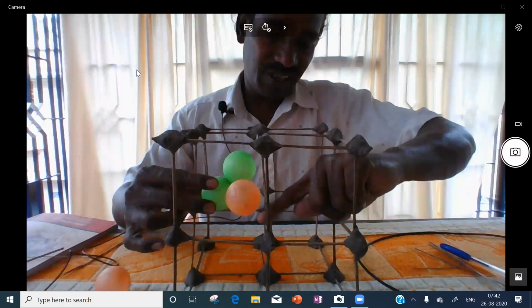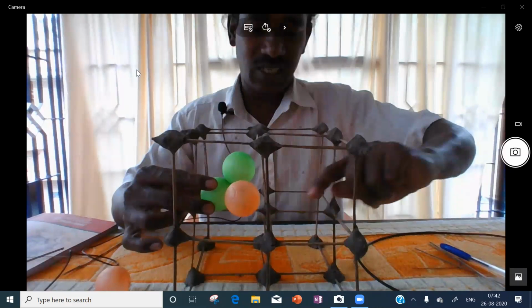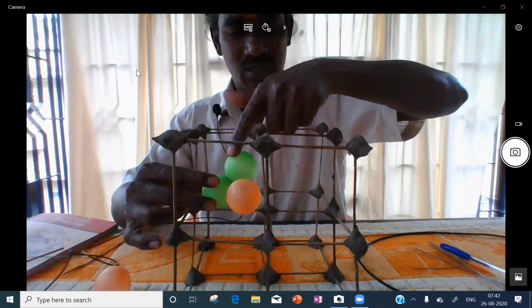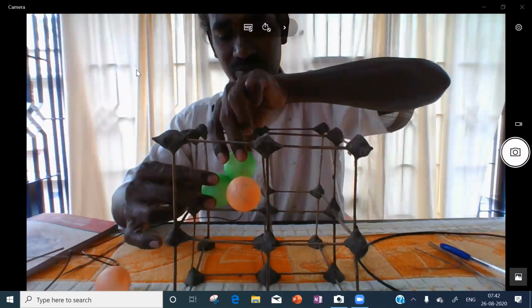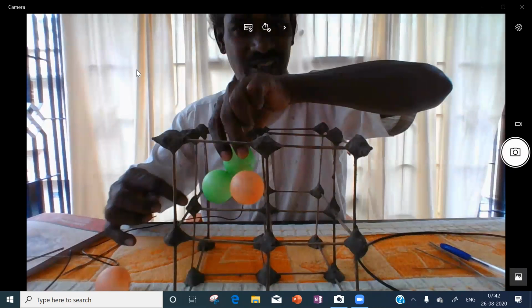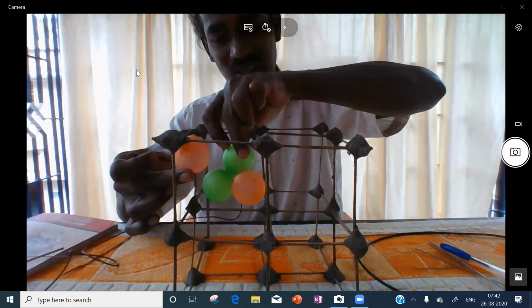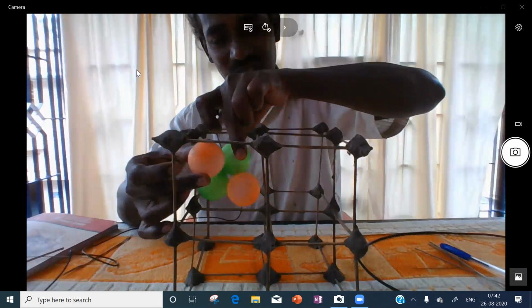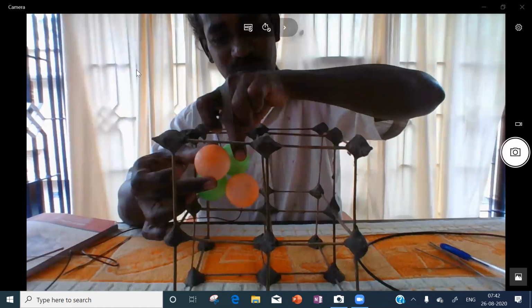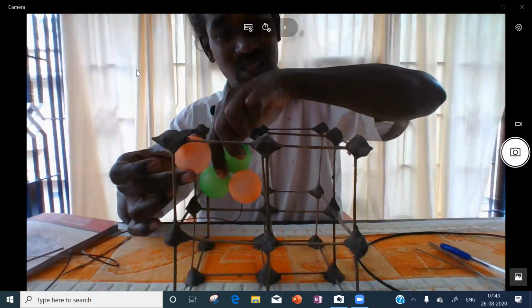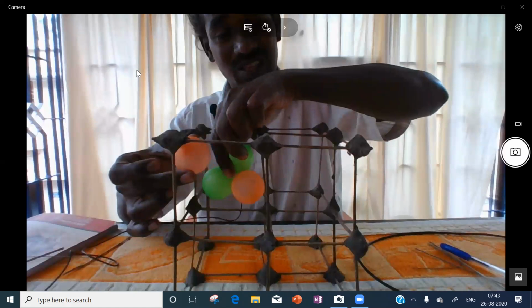Again, I will say this is a front face center, here. It is top face center. It is a side face center. This is a corner. This corner we place like this. Now these three face centers are in one layer. This corner is either above the layer or below the layer. Now if we place this corner over this green color layer, what void will you get? You see, this void is called what void?